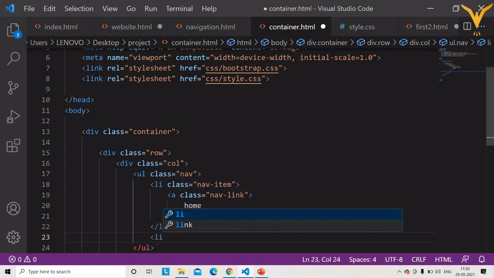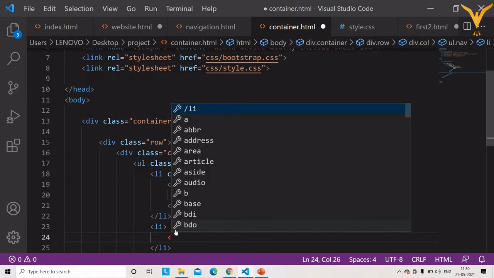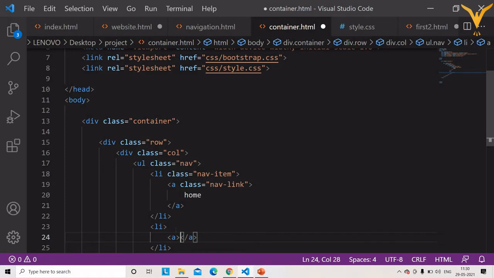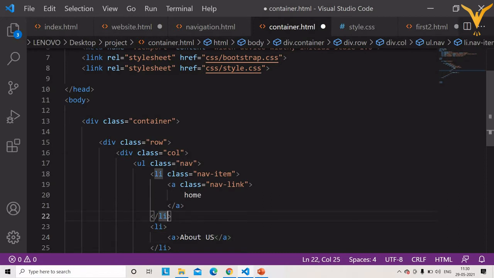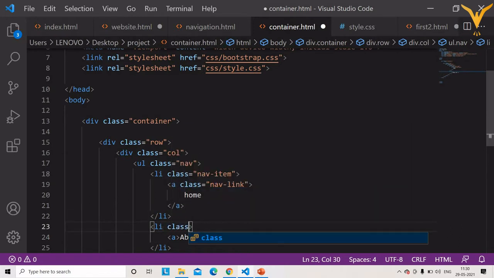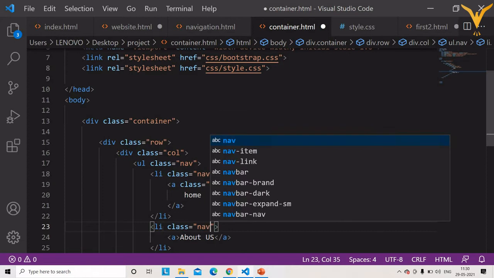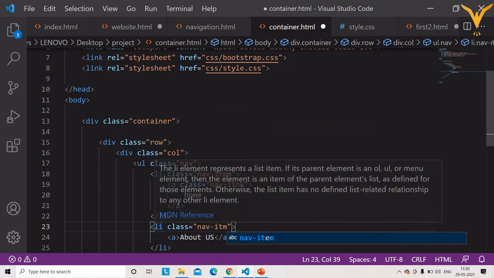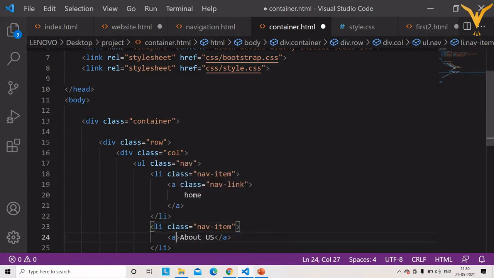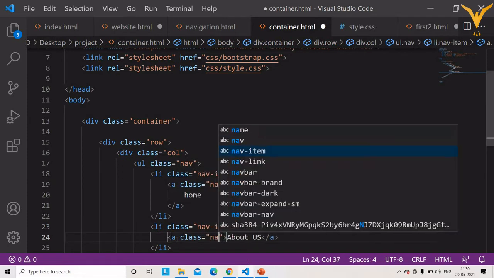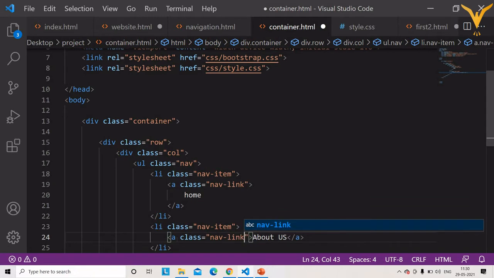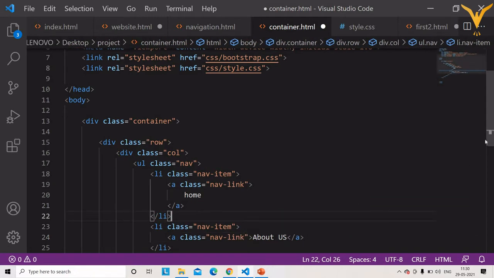So again a second list item. Inside this list item we will have an a tag, and this will be for About us. Then in the li we are going to use the class nav-item, and in the a we are going to use the class nav-link.